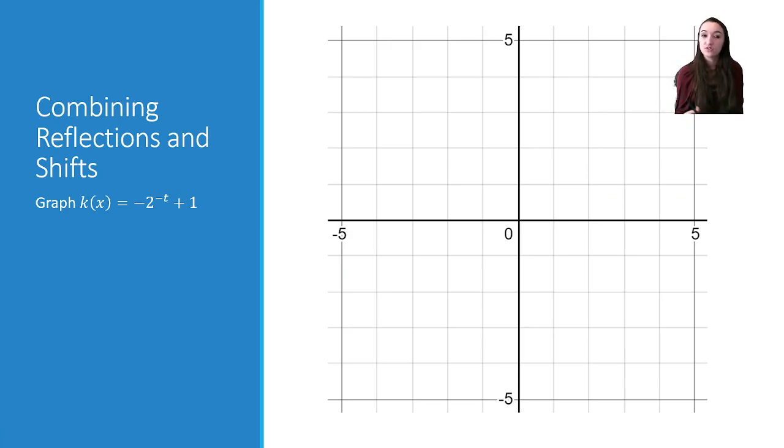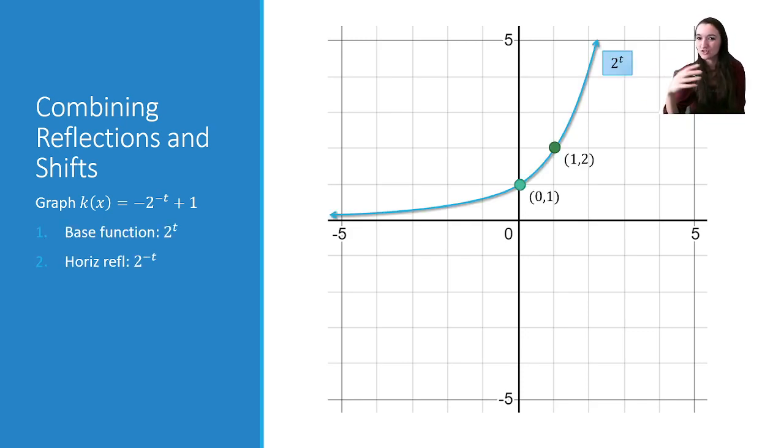Now, what about if we want to combine reflections with shifts? So here I have a graph that you don't need to know how to graph yet. This is something we will learn later. But I'm showing you the graph just to give you a primer for something we'll learn in chapter 3. So this is the graph of 2 to the power of t. But it's important that even if you don't know what type of function this is or how to work with this type of function, if you're given the graph, then you should be able to recognize what's happening to it, because you just have to look at